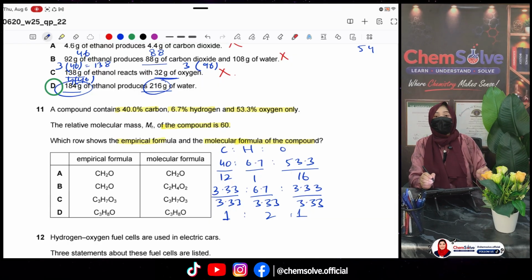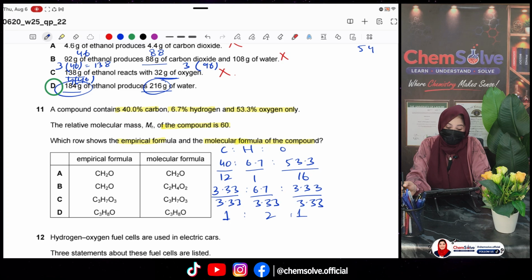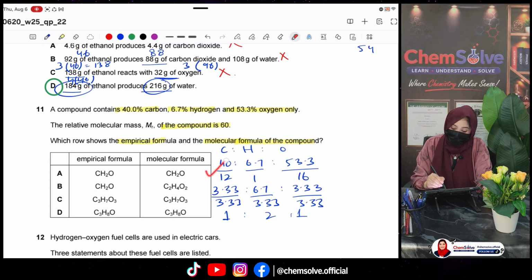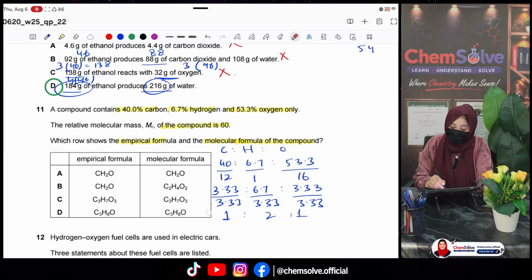So let me recap it again. What I have done: there were 3 elements in that compound. There were carbon, hydrogen, oxygen. We were provided with the percentage masses of all of them. So I just wrote them, and then I divided them by their molar masses. Okay, and then I got these answers. After that, we have to select the smallest answer, and we divide all the answers by that smallest answer. Now these are the whole numbers that I got.